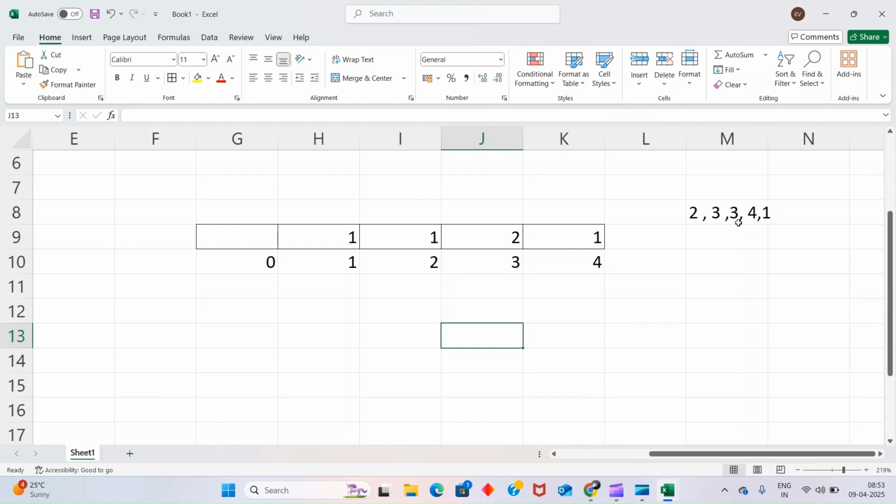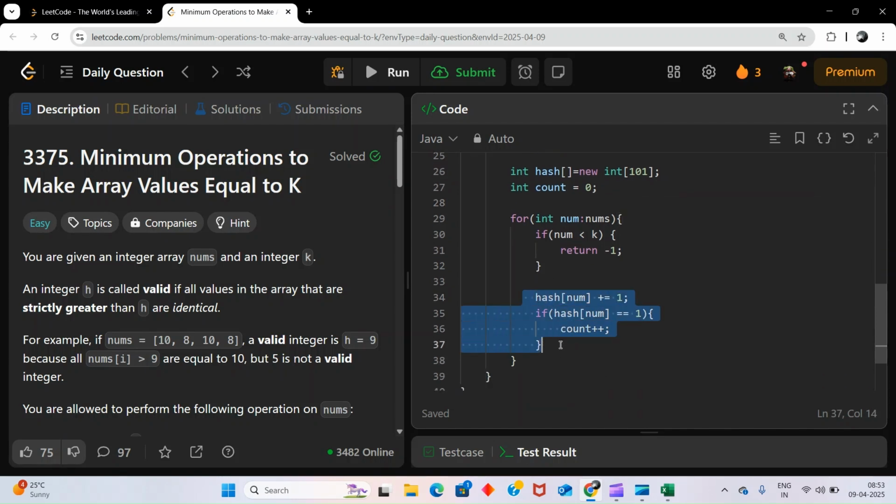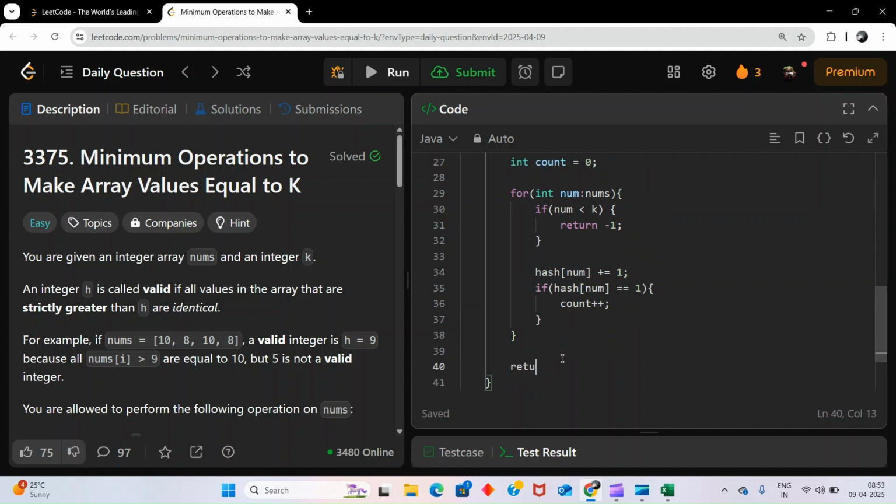Again we got 3, and that time we will not increment because 3 is already there. So we check if it is 1, which means first time, and increment the count. Then we will return the count.